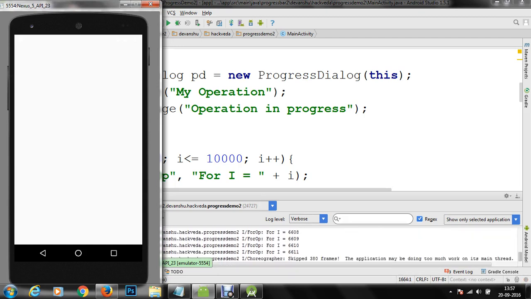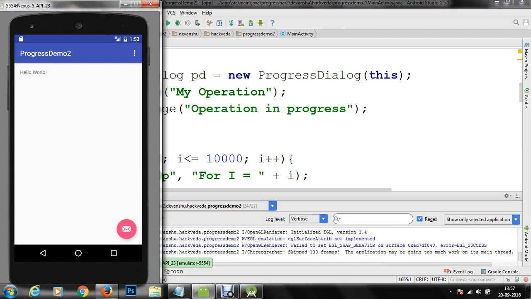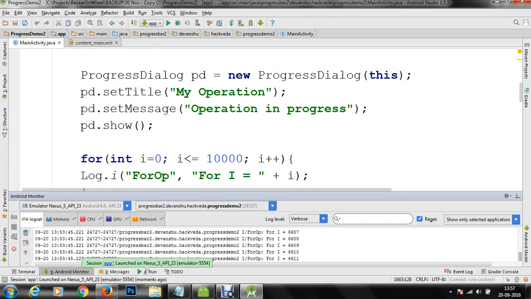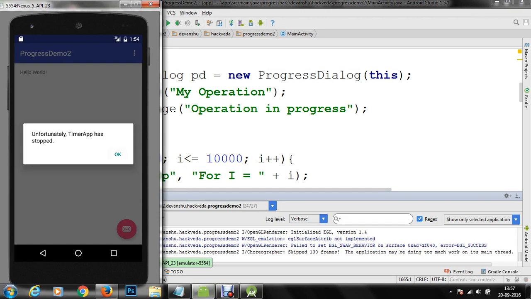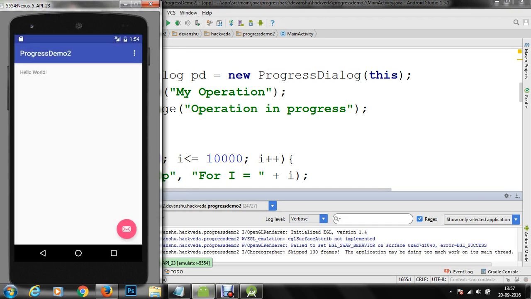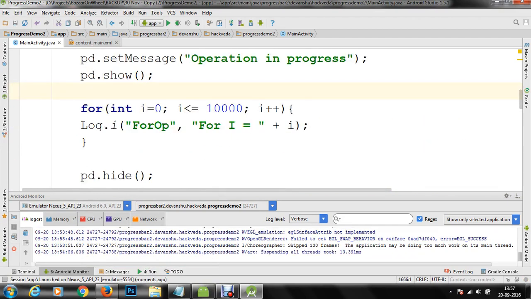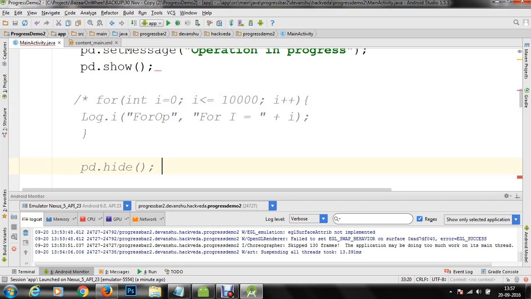So now you can see that some for loop information has been running. The for loop has actually completed before the things have gone through. So now what we'd like to do, let me just stop this for a moment. Let me just not go into the for loop for a moment. We'll just simply run the show part first.